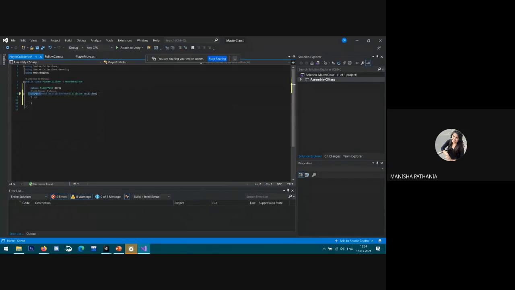We don't want it as private. When is it called? It will be called whenever two objects collide. Whenever the two objects collide, this OnCollisionEnter function is called. You need to define some name here, let's suppose collision info.